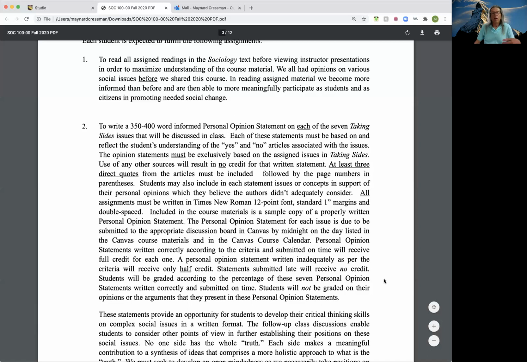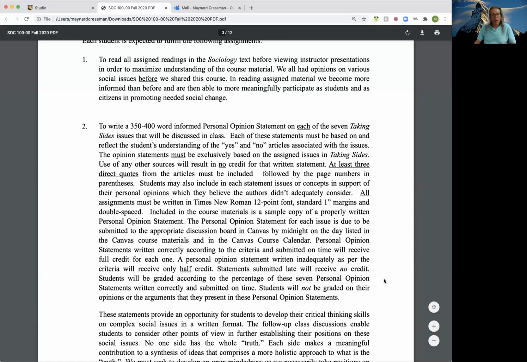we're going to be doing, because after each Sunday, there'll be a follow-up threaded discussion that week on the topic you just wrote about. In this case, immigration, is it benefiting the economy? So what I want you to do is please post the entire text of your personal opinion statement into the appropriate discussion board. What would be the appropriate one? Well, let's think this through. If you're writing on does immigration benefit the economy, then you want to look for the discussion board that says, does immigration benefit the economy? And just input it there.